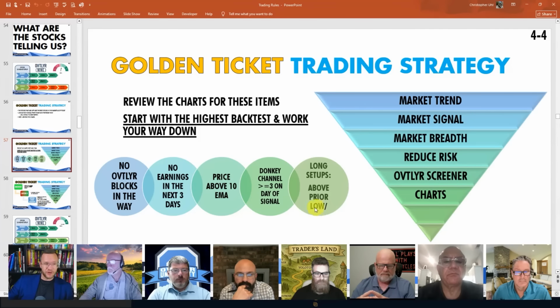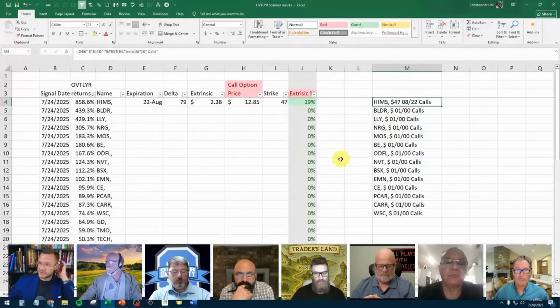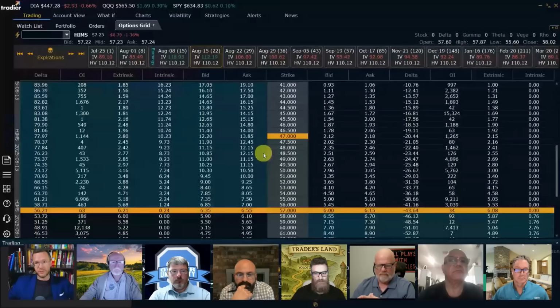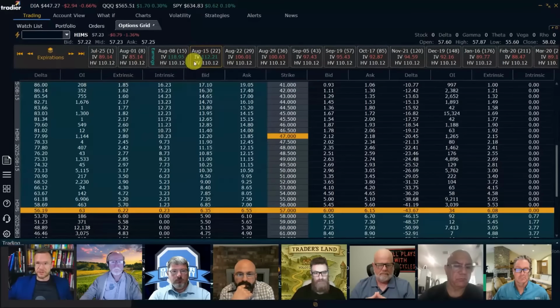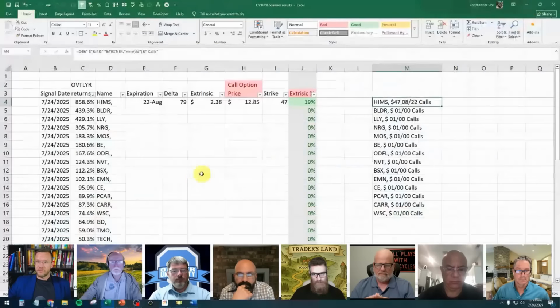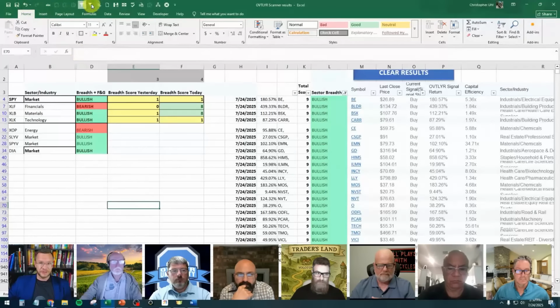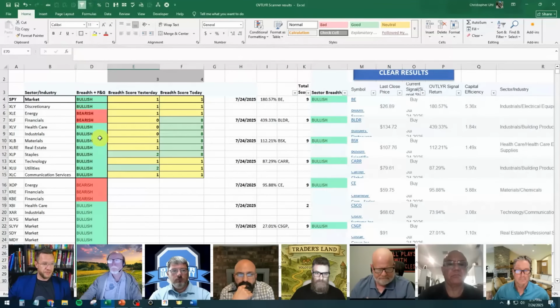Okay, by this point, we'll now have everything we need so we can glance at the chart, be ready to roll within just a moment. And then pop over here, say, okay, this is what I want to buy. Pop into your broker, click a couple buttons, bing, bang, boom. You are the proud owner of the 47 strike calls on August 15th on HIMS. So, I passed that spreadsheet on to you guys. You can probably make it even better, which would be really sick if you do.